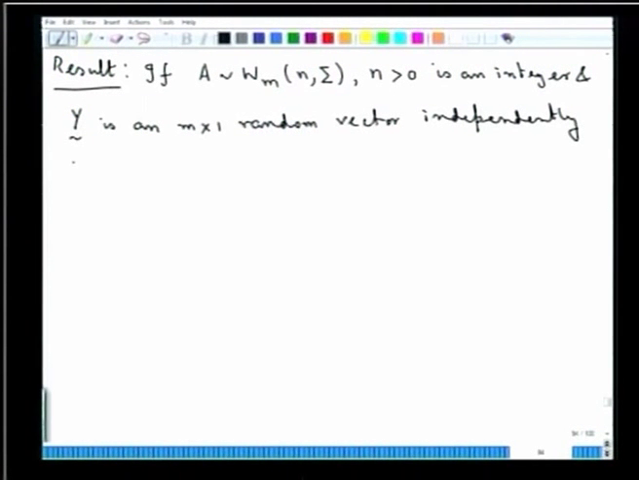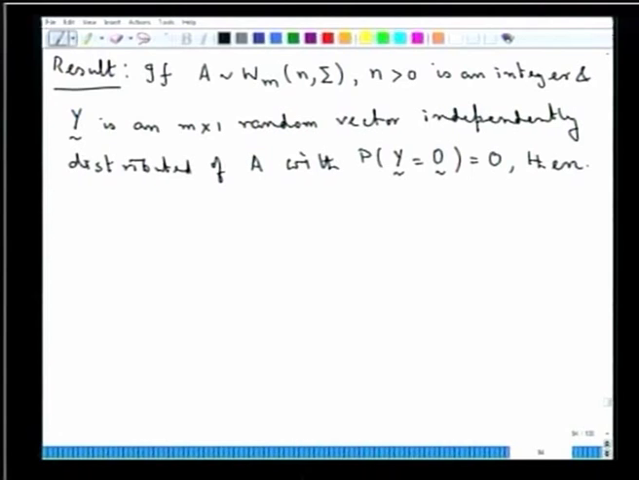Independently distributed of this random matrix A, with the probability that the y vector takes the null vector equal to 0. It would be obvious why we take such a condition. Then the distribution of y transpose A y is going to have a central chi-square,